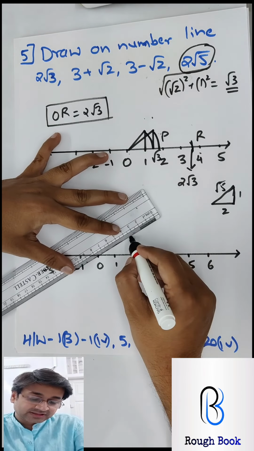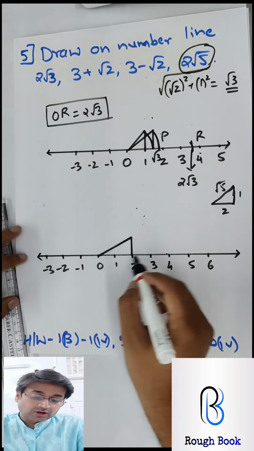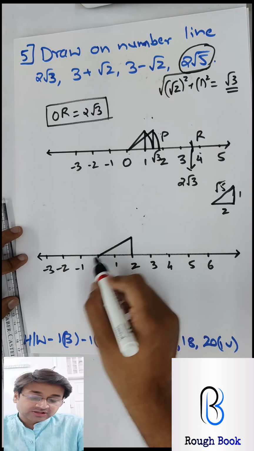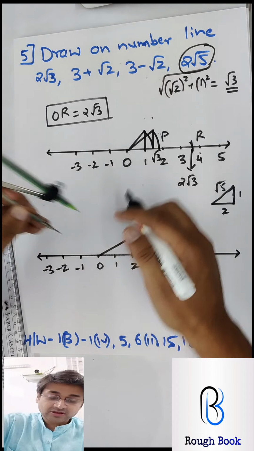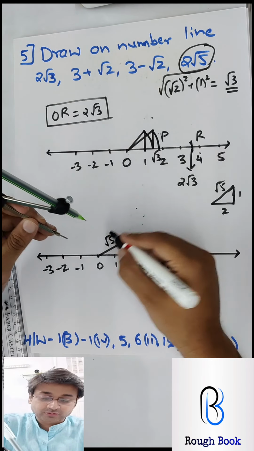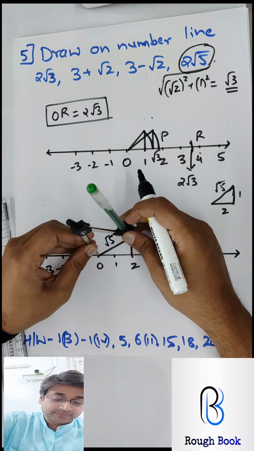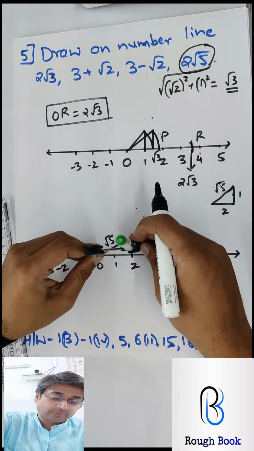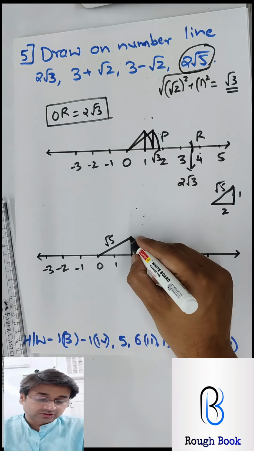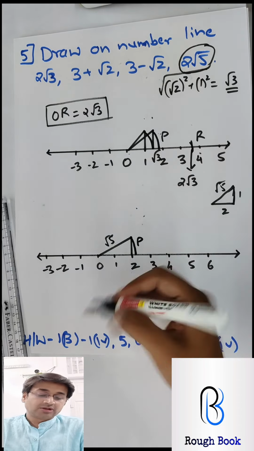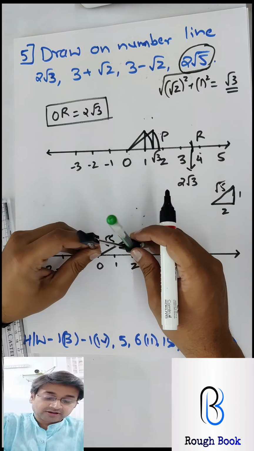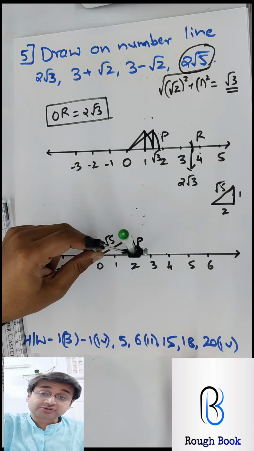And let's join this. So what we have got is now 2 and 1. So this line from O to this point is already root 5. Okay, you can write over here root 5 if you want. And dropping this down, well, this is root 5. So when I drop it down, this point here also becomes root 5. So that's point P. Okay, you can take any alphabet, doesn't matter. Now O to P is root 5.